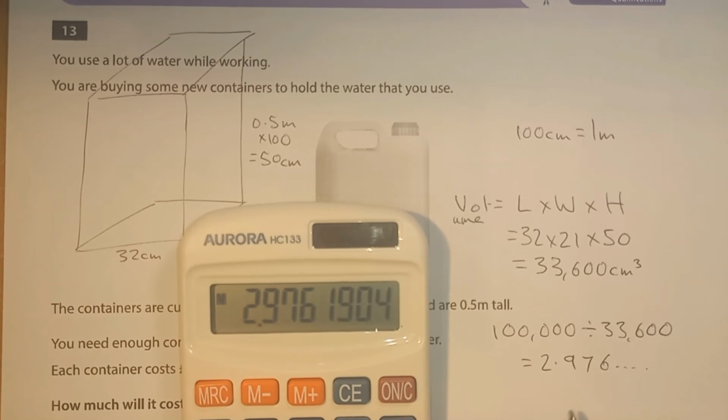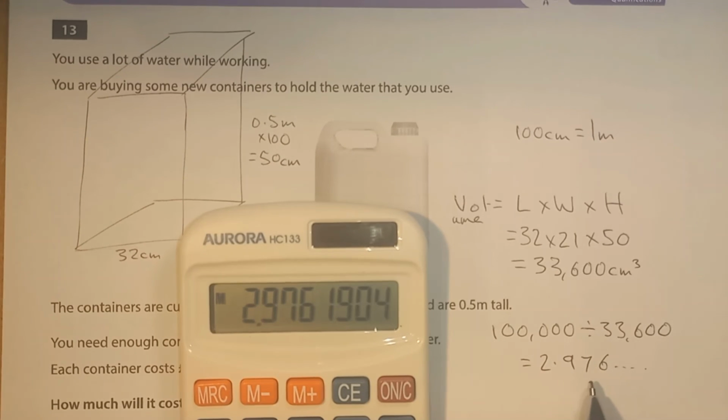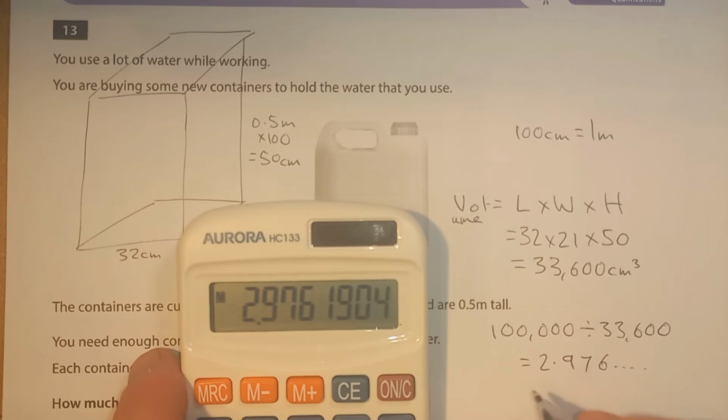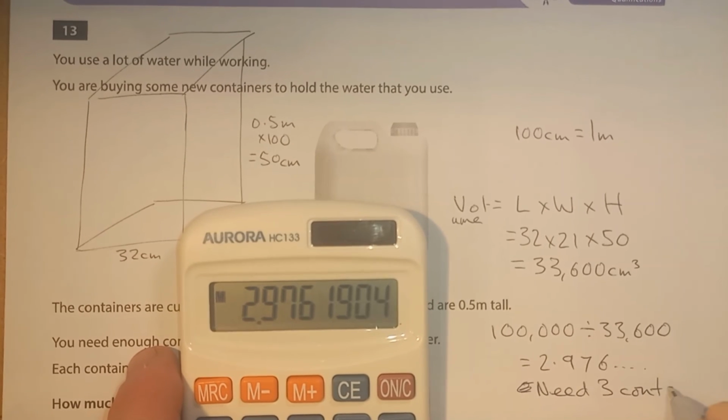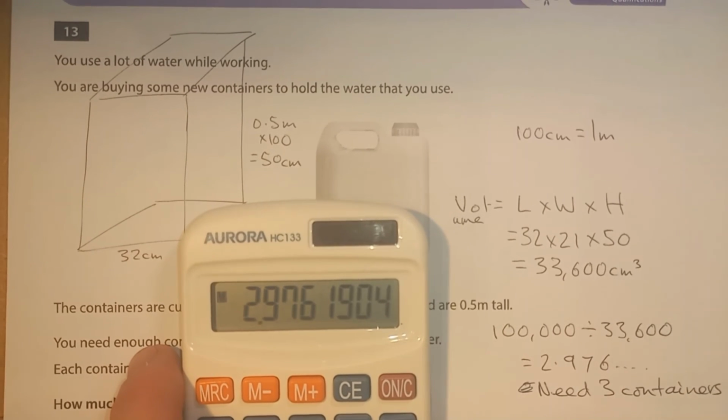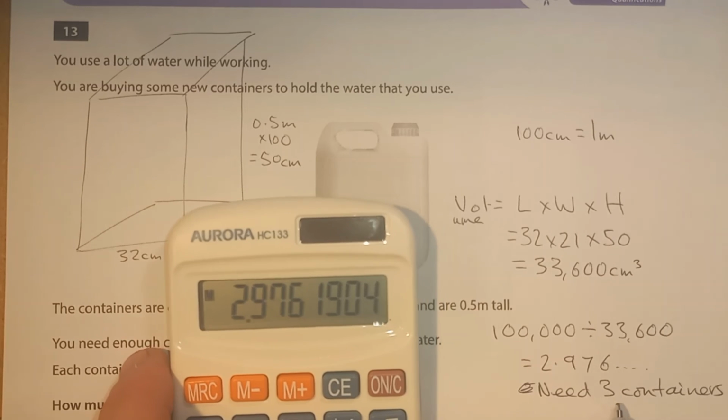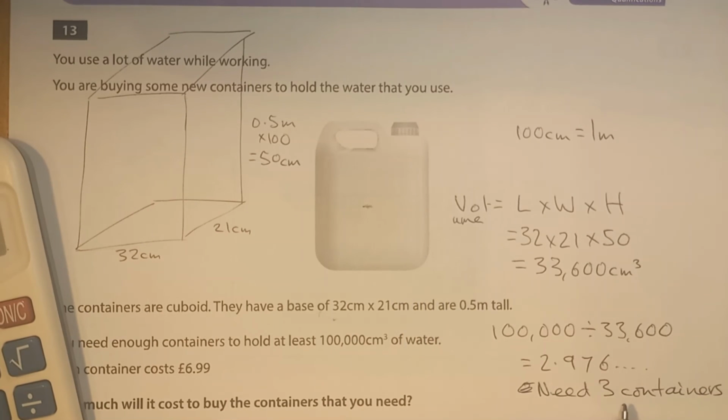Now, if you try and buy 2.976 containers, they'll say, what? Doesn't make sense. So we will need 3 containers, because 2 wouldn't be enough, so we need to go to the next whole number. Okay, so we want 3 containers,